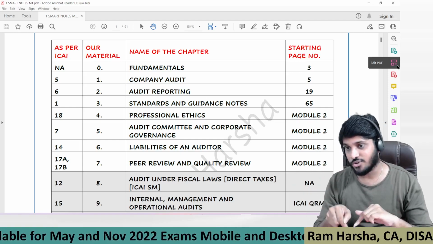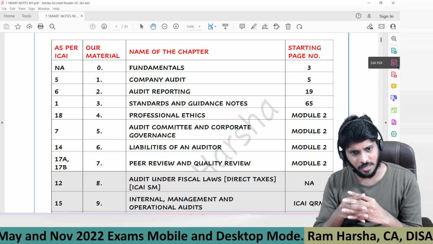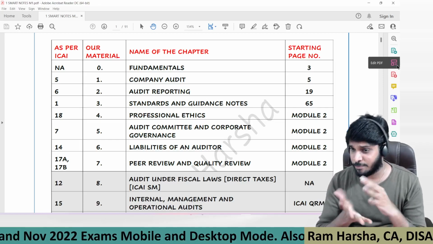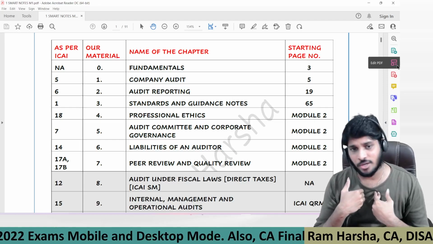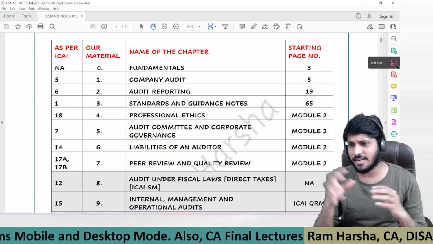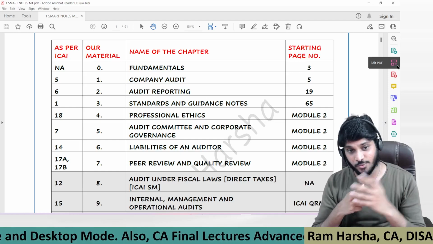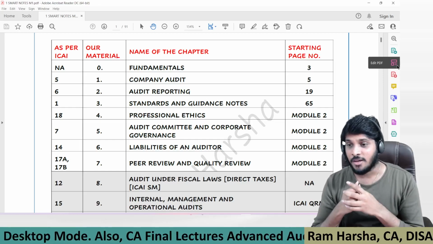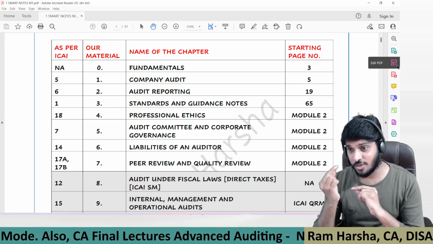Smart notes is nothing but an abridged version of the main material. Actually, my main material is close to 1000 pages. It will have practical questions, everything; we will discuss it entirely and exhaustively. Some students even felt these are very difficult notes, but I'm telling you, if you read from ICAI material,